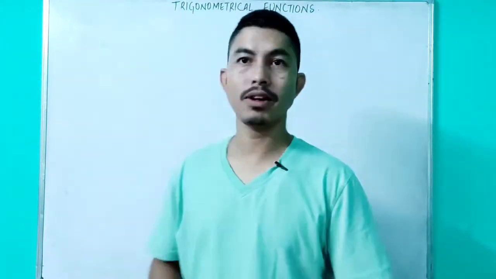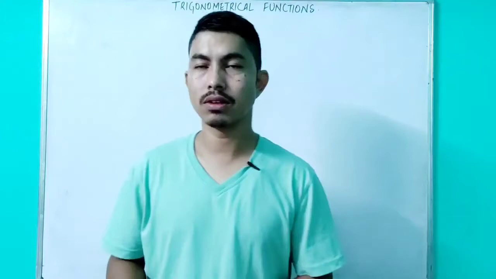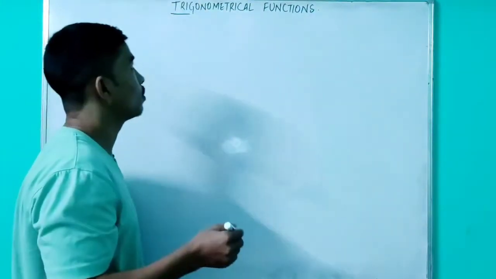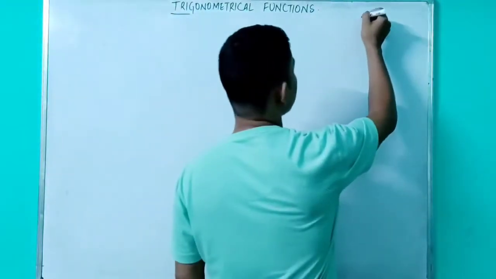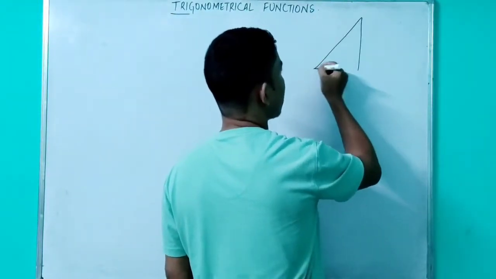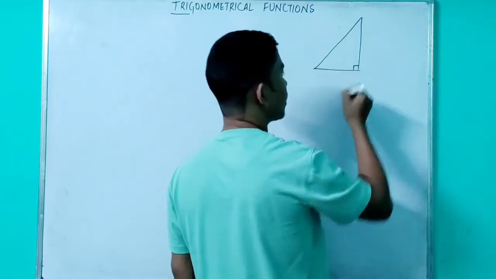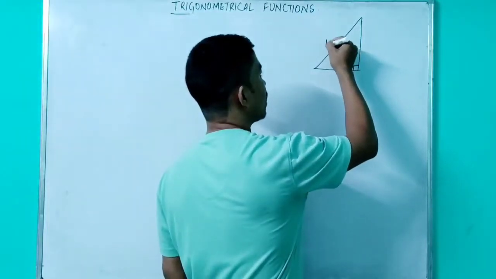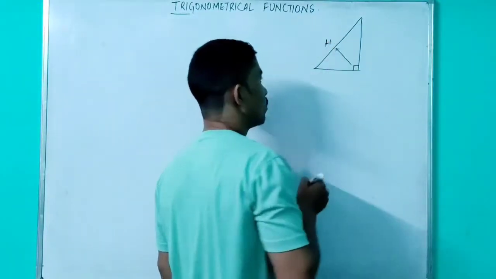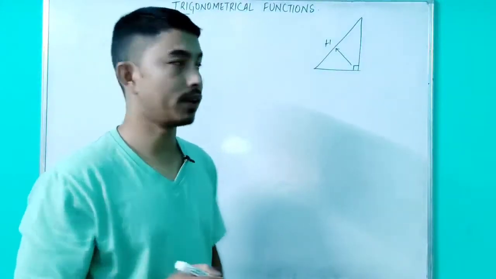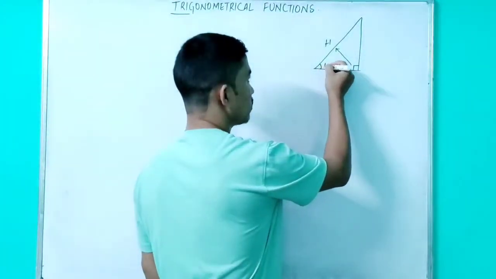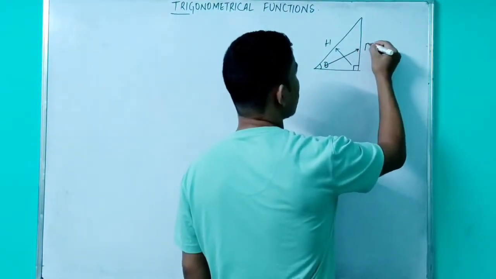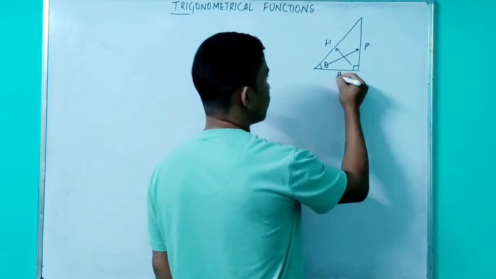So once again let us revise what the trigonometric function or trigonometric ratio means. The word trigonometry, this "tri", comes from the word triangle. So trigonometry deals with the ratios of the different sides of a right angled triangle. If one of the angles is a right angle, we already know that the side opposite to it is known as the hypotenuse. Now I consider the angle of reference. Suppose I take this angle as the angle of reference, then the side opposite to the angle of reference is known as the perpendicular, and the remaining one is the base.